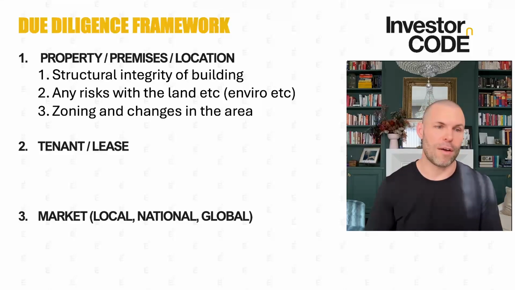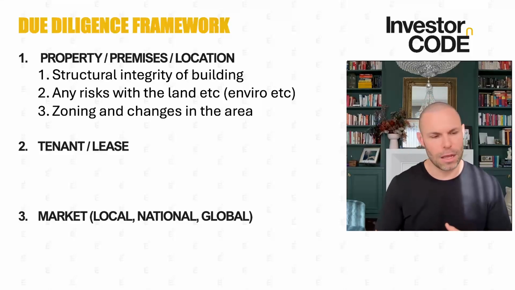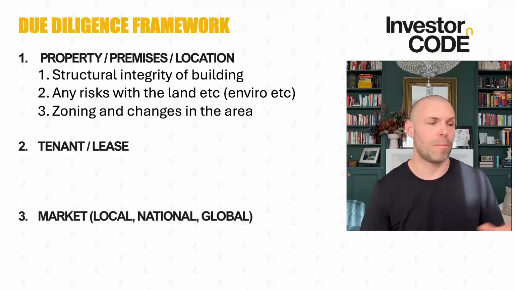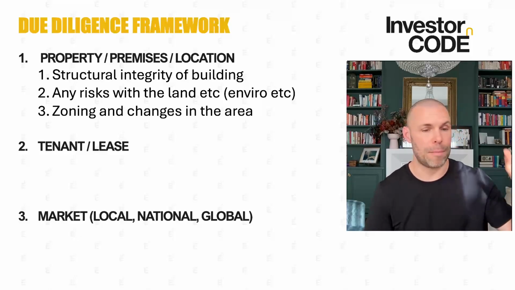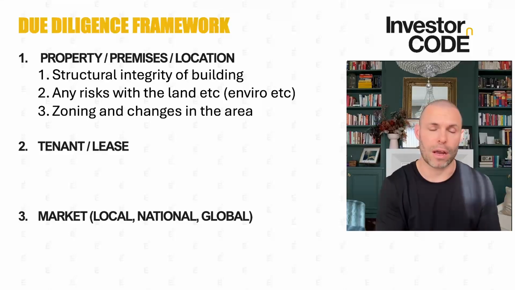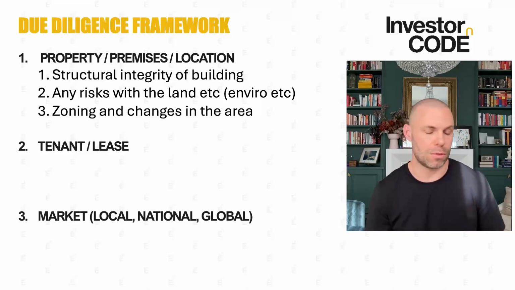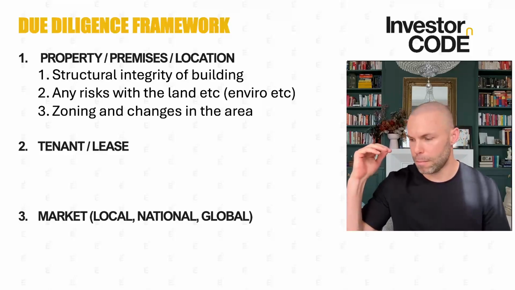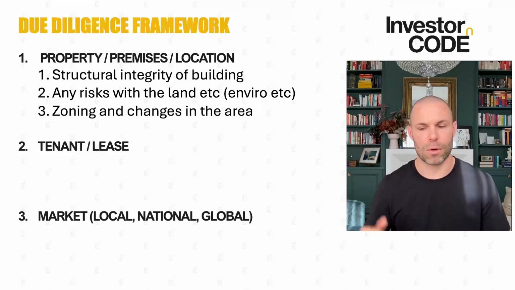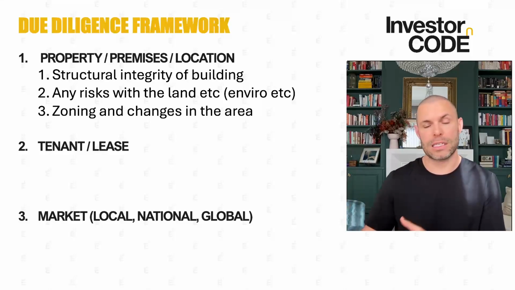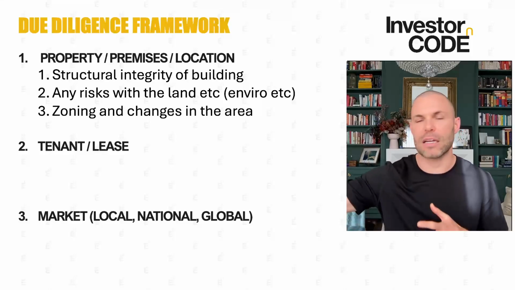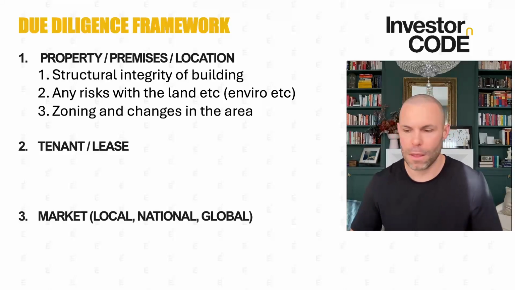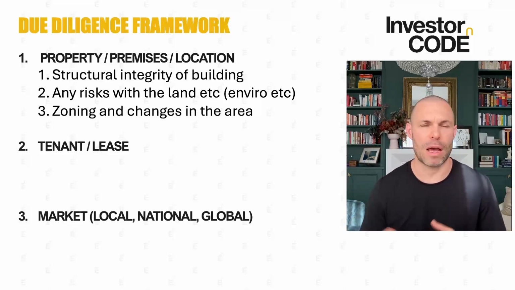Third thing you want to do, as I covered off, is the zoning and changes in the area. And look, it's not hard to find this stuff. You go to the council website, let's say it's in the city of Bayswater, you go to the Bayswater City Council, you look at the zoning map, it'll tell you that property within this area is zoned X or it's zoned Y. These are the usages. It'll literally tell you in point form what the usages are, what it's allowed for, what it's not allowed for, and then often there's a map saying, this is our 20-year plan, how we're re-envisaging the city of Bayswater, and you'll be able to get a lot of information from that one report.